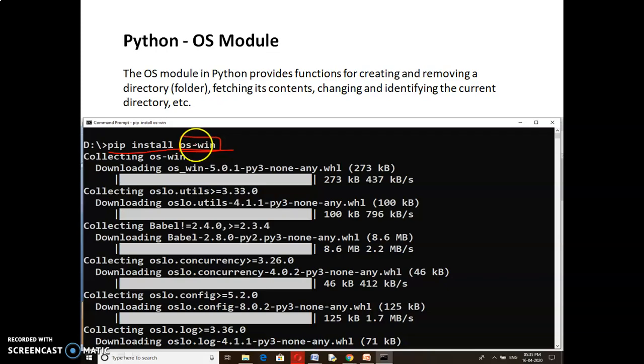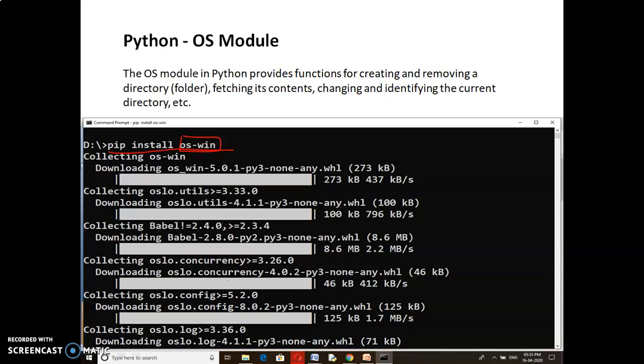Whenever you type the command and press enter, it downloads that package, and the related packages for this package are also installed into your system. It shows all the process. Once you get the message "successfully installed", and you get the command prompt again, then your package is successfully installed.